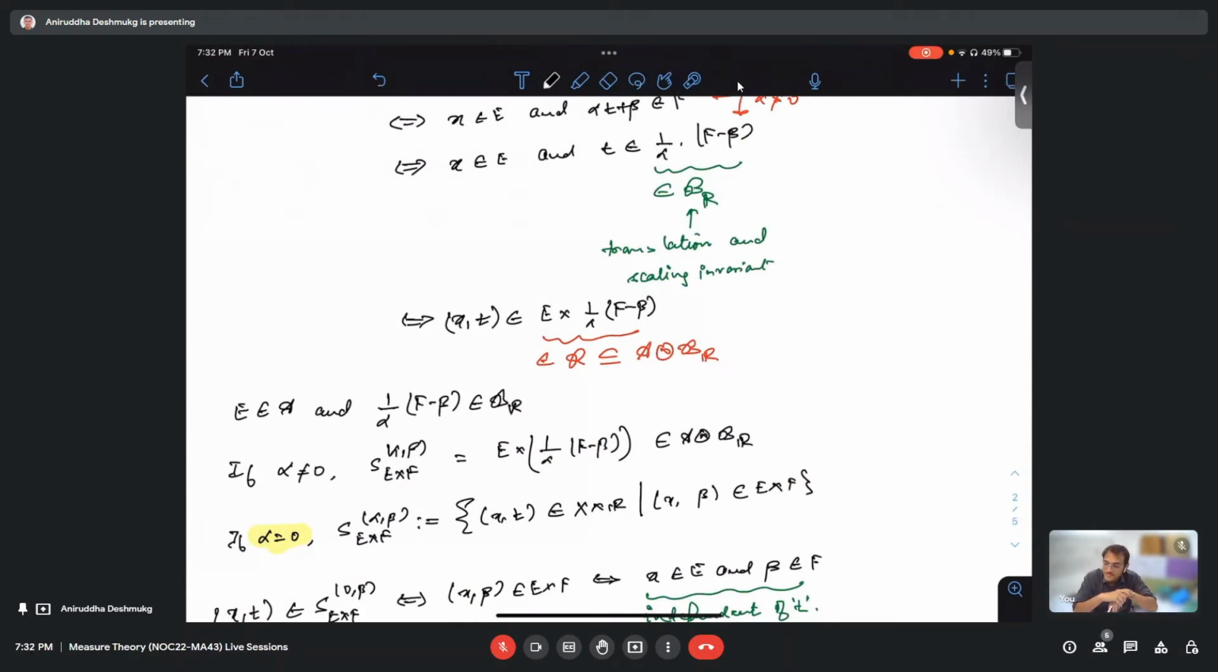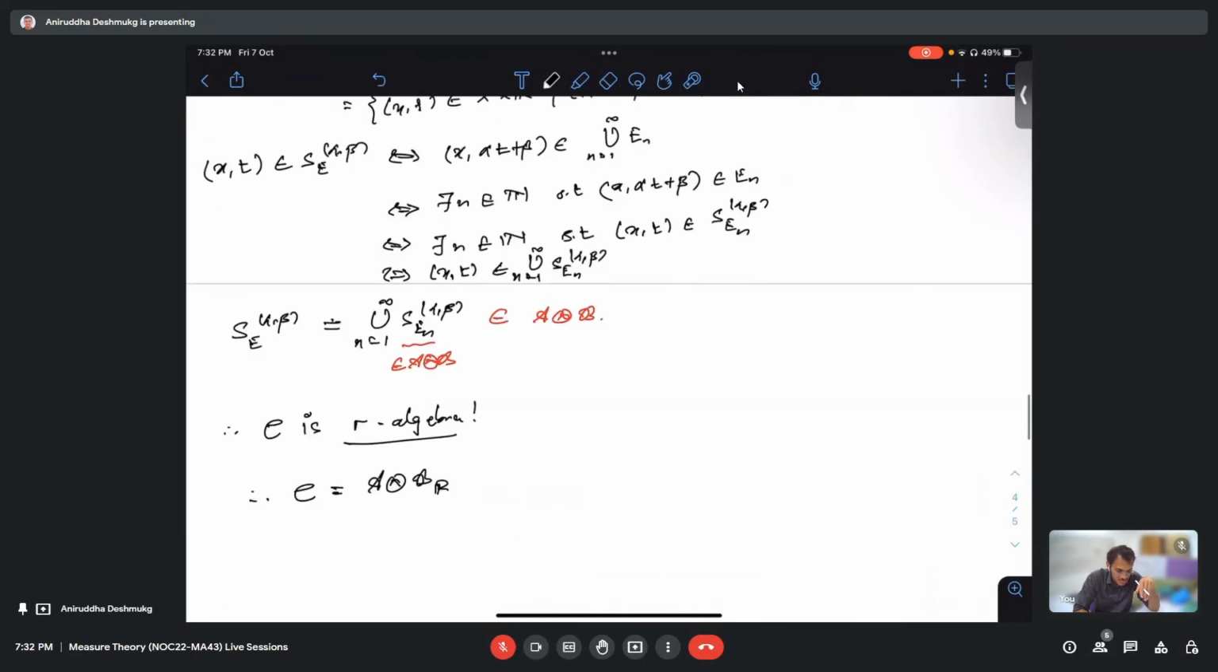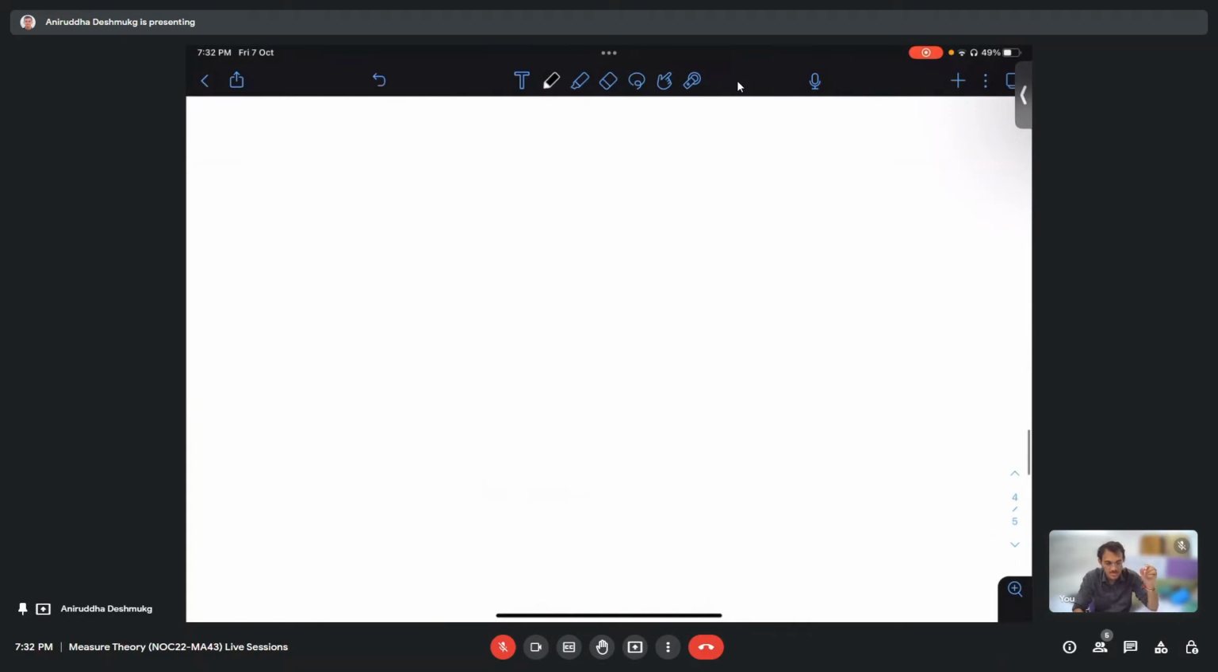Aniruddha, if you can show the same technique for the second question, I think that would make it a lot clearer, because I think I have the same question as well, which is how to show that the rectangles are in C as well. So again, here, what will be the C? Can you tell me? C will be the set of all E's contained in A cross the Borel